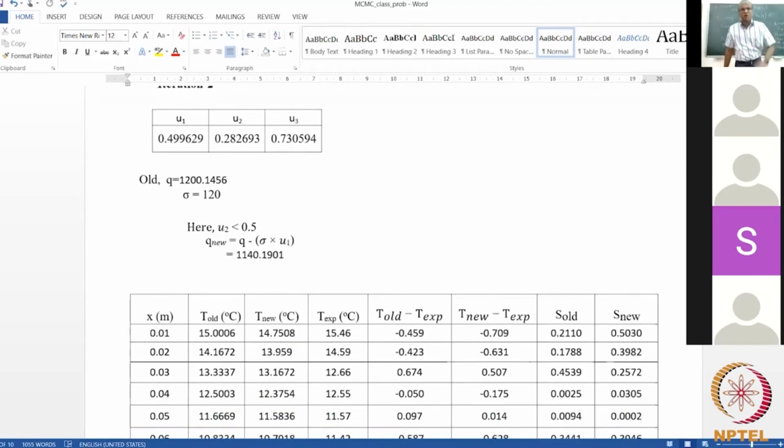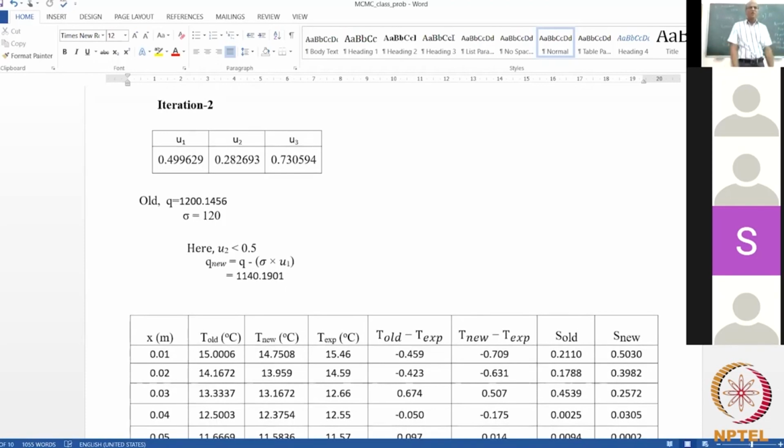Go to row number 2. The new set of random numbers u1, u2, u3 are coming 0.499, 0.282, 0.735. So what Suraj is doing is